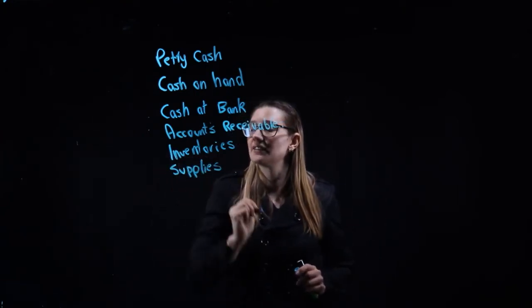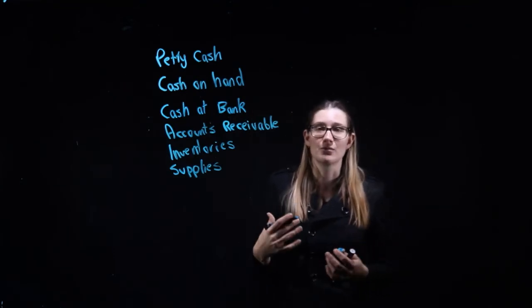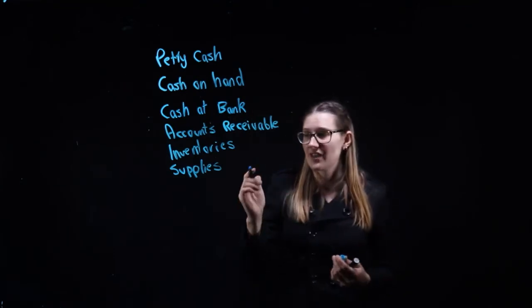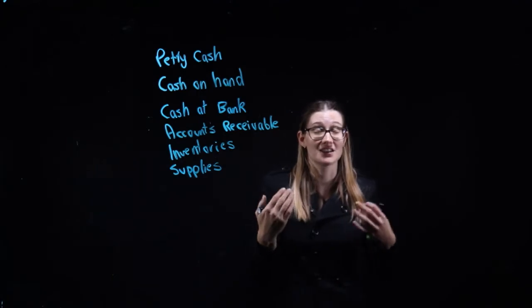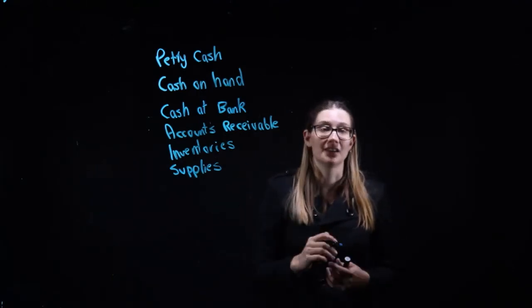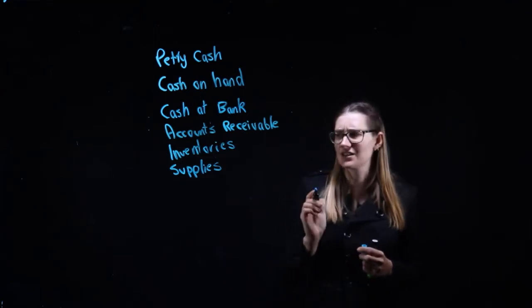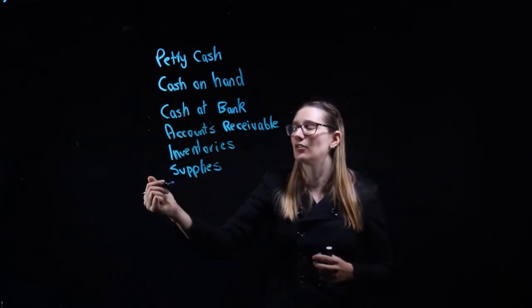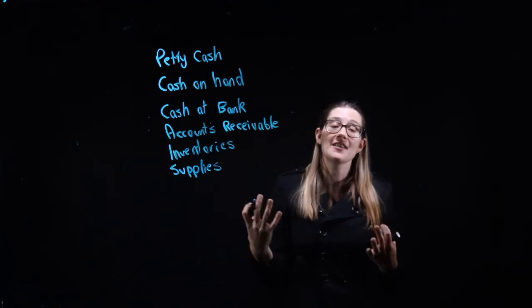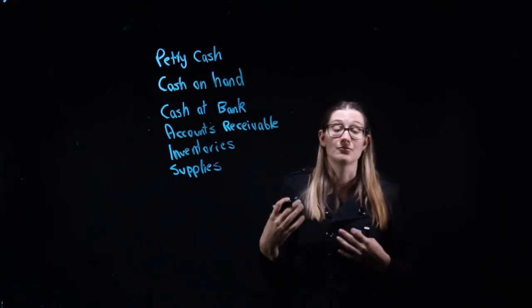Now, supplies are the items that we would use in the service. So that would be if I'm a hairdresser and I'm using hair dye to dye someone's hair. That would be considered a supply, and I would list that next. Now, the next thing that you would list after this are our main current assets we would have. The other things you would want to be listing in here are other things that are really easy to convert